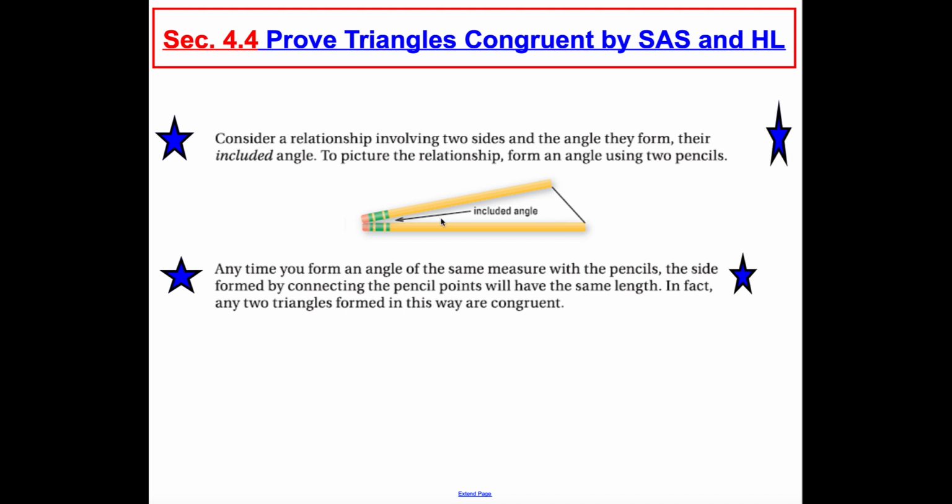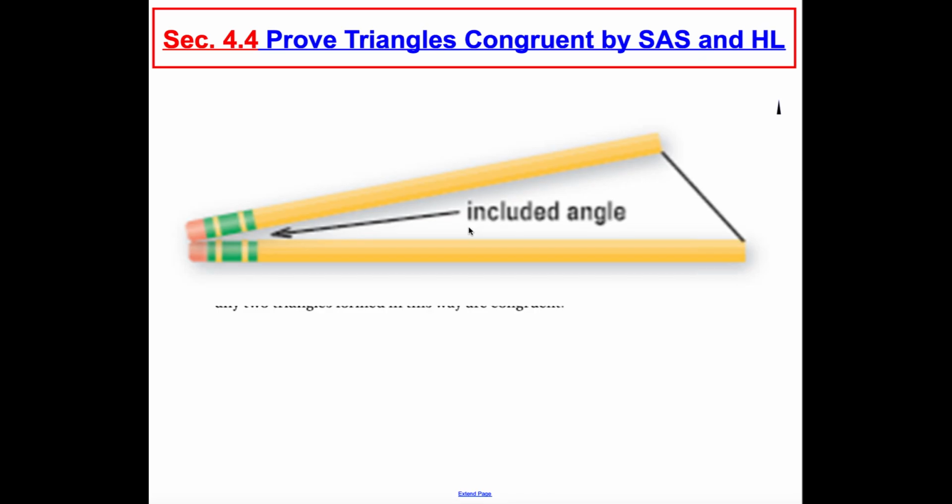We're going to talk about SAS. This is an angle, and it's just made by 2 pencils. You could grab 2 pencils or 2 pens and do the same thing, right? The angle that you make is called the included angle. So that's why this is called SAS, because the angle is between the sides. When you put the angle between the sides, then you write it SAS. If it was not between the sides, you'd have to write either SSA or ASS,